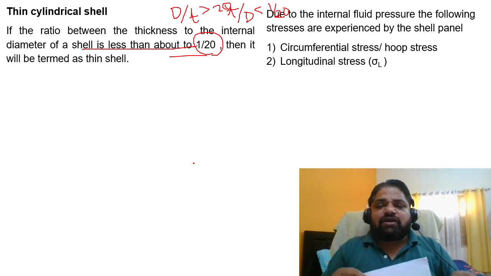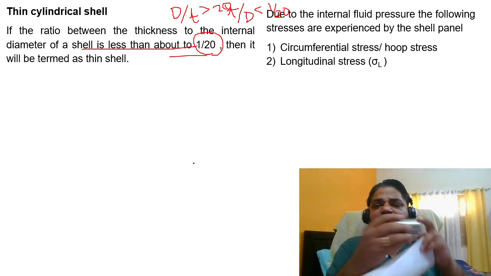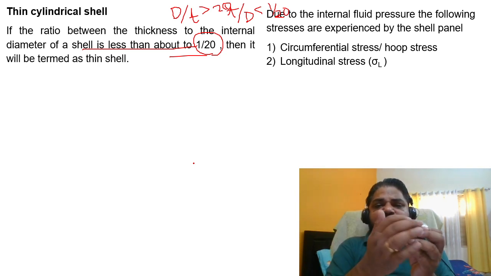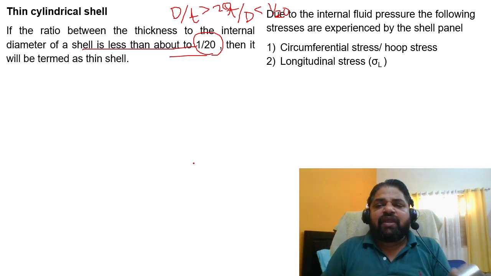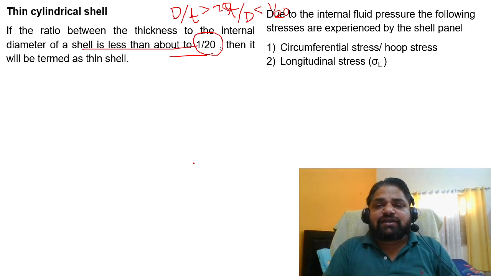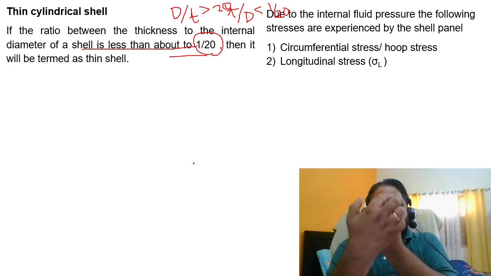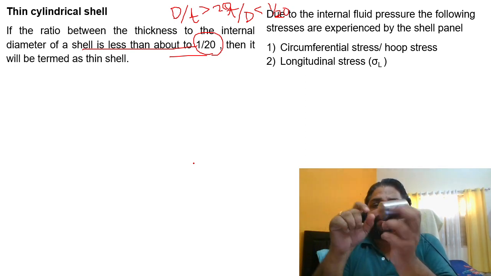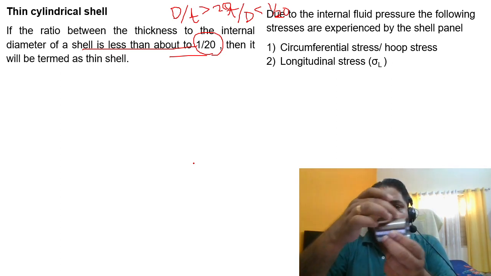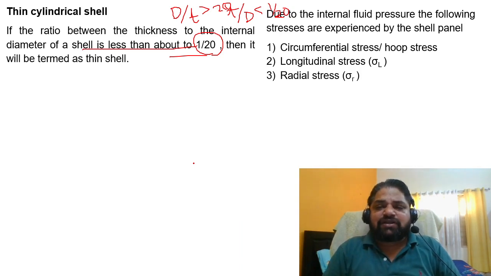The second one is the longitudinal stress. If it is open, it is okay, but if it is closed at one side, the pressure is going to increase over here, so these ends are also under longitudinal stress. This side is under the longitudinal stress. So these components are going to be generated. And one more is the radial stress. The stresses act in this direction along the longitudinal stress, at the circumference where they have joined, as well as the internal pressure. The third one is the radial stress due to the internal pressure.